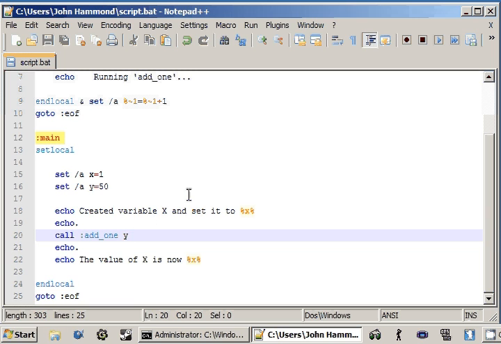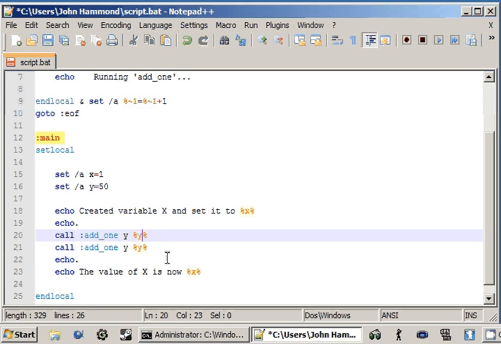The way we as programmers can tell our function that we want to be modifying the y variable, by looking at the y variable's value, is that we actually have to pass in both. We have to pass in both the variable name, because we want to be able to change that real variable, and we need to pass in the value of the variable so we can work with what we already have. Does that make any sense? So if we pass in y to be our first variable, and then we pass in the value of y to be our second variable,